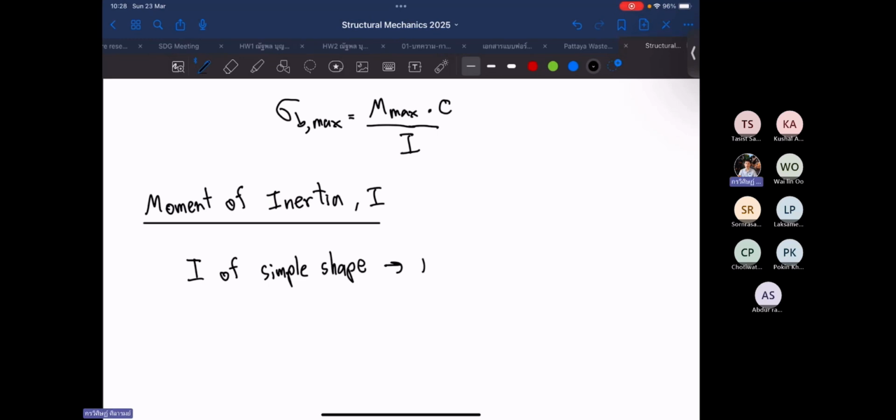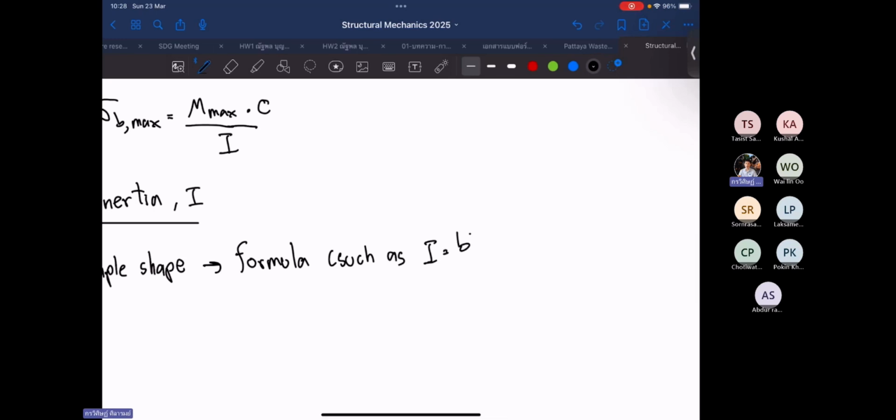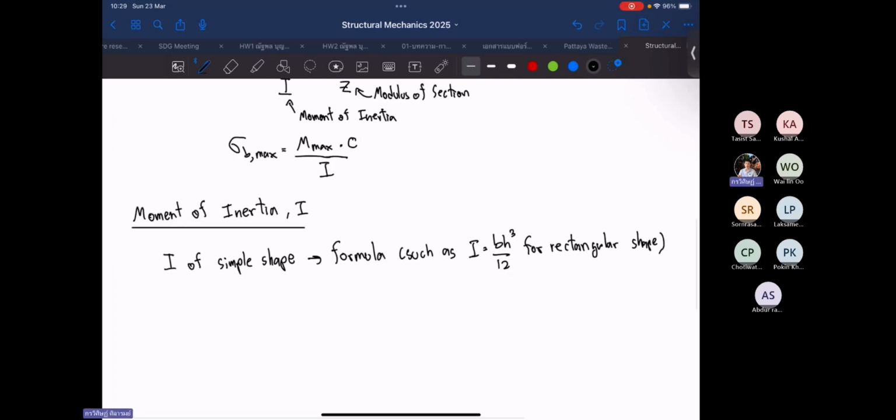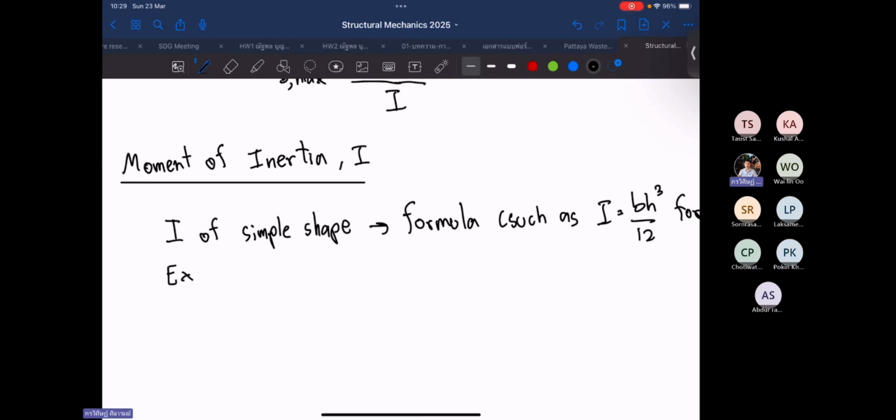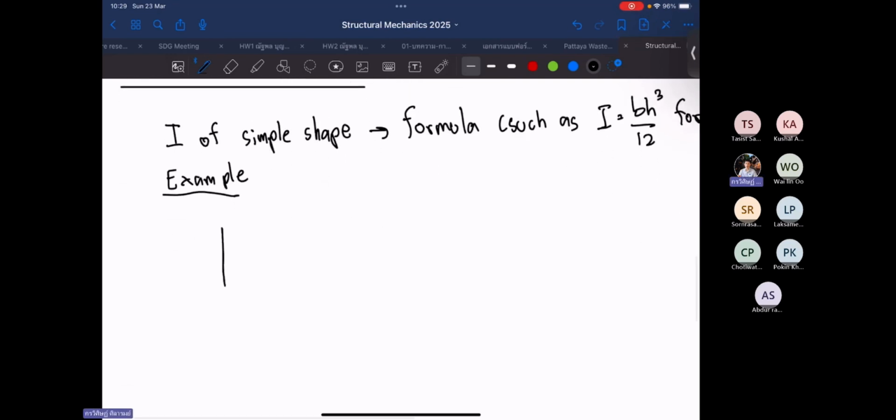We use formulas such as I equal to b h cubed divided by 12 for a rectangular shape. For example, if I have a beam, a simple beam,